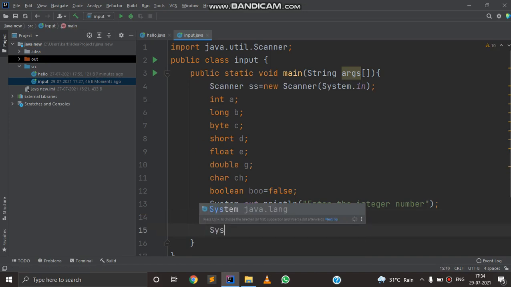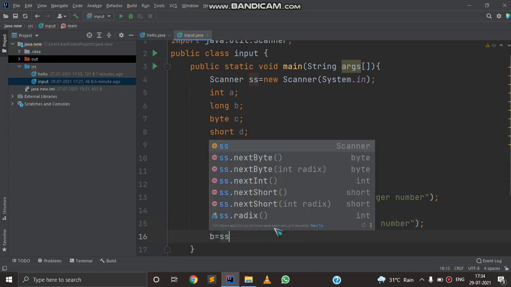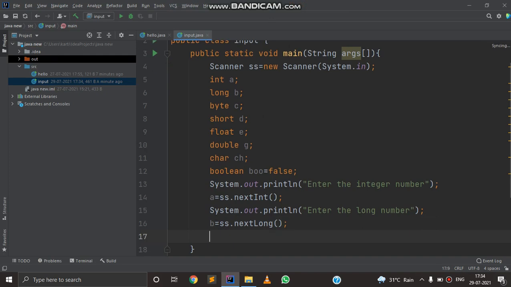Now I'm going to take input for long. Now I'm going to take input for byte.